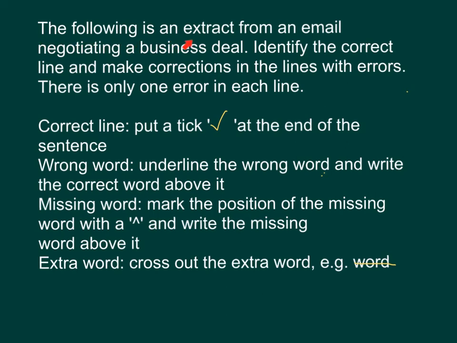The following is an extract from an email negotiating a business deal. Identify the correct lines and make corrections in the lines with errors. There's only one error in each line. Correct line: put a tick at the end of the sentence. Wrong word: underline the wrong word and write the correct word above it. Missing word: mark the position of the missing word with a caret and write the missing word above it. Extra word: cross out the extra word. For example,